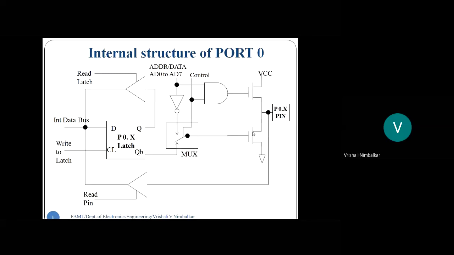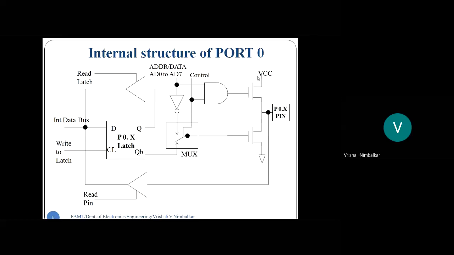Okay. Now come to the right hand side. See, there are two MOSFETs. Right? Can you see the diagram here? That's the diagram of a MOSFET. MOSFET: metal oxide field effect transistor. So there are two MOSFETs, and these two MOSFETs are connected to the pin. Okay. Now a MOSFET is a 4-terminal device. I have not shown the 4th terminal. Correct? Because that terminal is permanently connected to ground. I have shown here only 3 terminals.